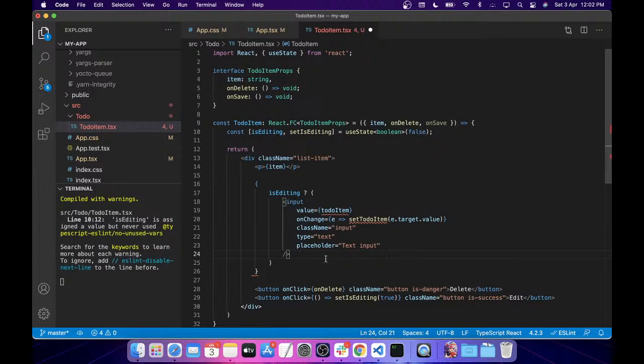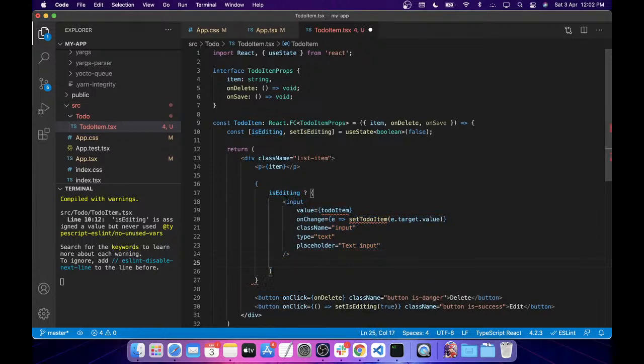Right, so what we're going to say, if editing is happening, if we are currently editing the element, then it should be shown like this. If not, we can do something like this. So if it's not getting edited, then just do this. Okay, not here,